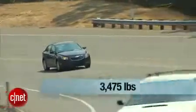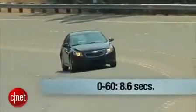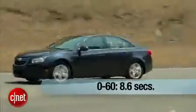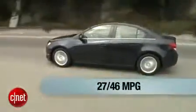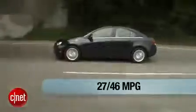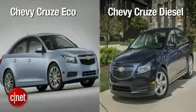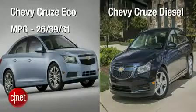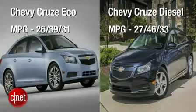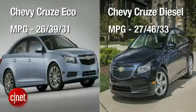Gets this roughly 3,400-pound vehicle up to 60 in about 8.6 seconds. That sounds pretty class average to me. Notice, the mileage is what's interesting. 27 city, 46 highway. A Cruze Eco gas gets 26 city, 39 highway, average of 31. Cruze Turbo Diesel gets 27, a big 46 on the highway, but only averages 2 miles per gallon more,